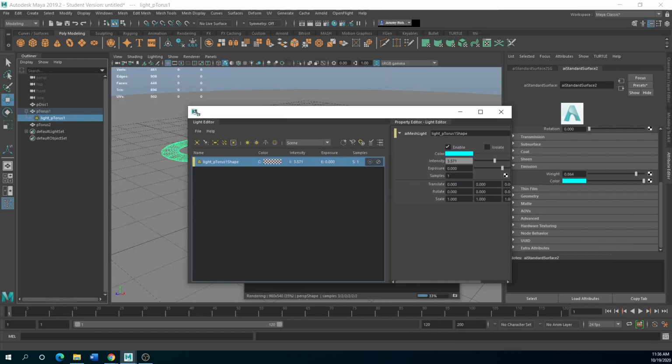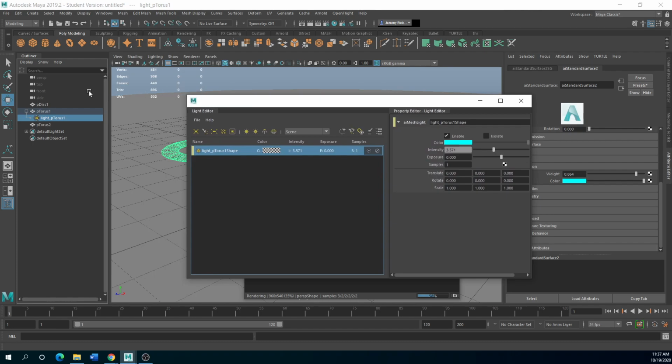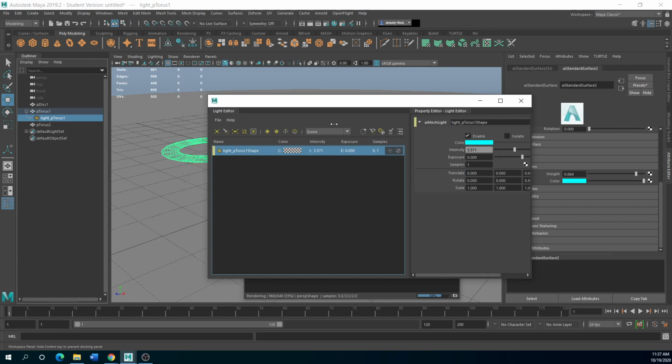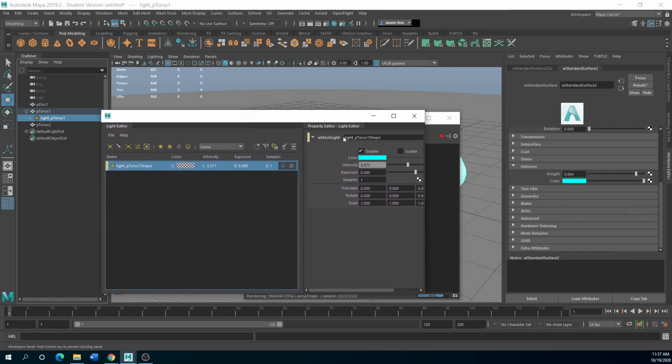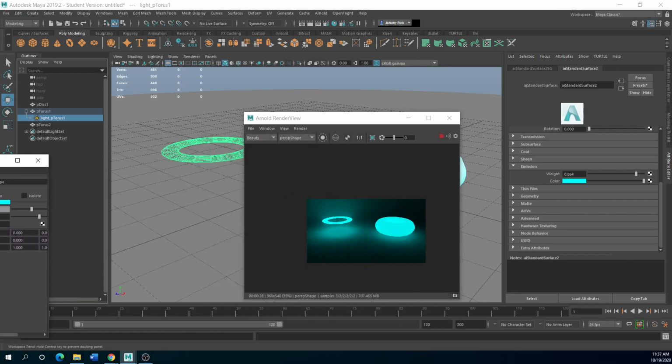I see a lot of people not using the outliner, which can be problematic. And that's fine. You don't have to have your outliner open if you want more workspace. You just need to be able to keep up with stuff. So, yeah, that's an overview of mesh lights, the light editor, and using emissions for a sample light,